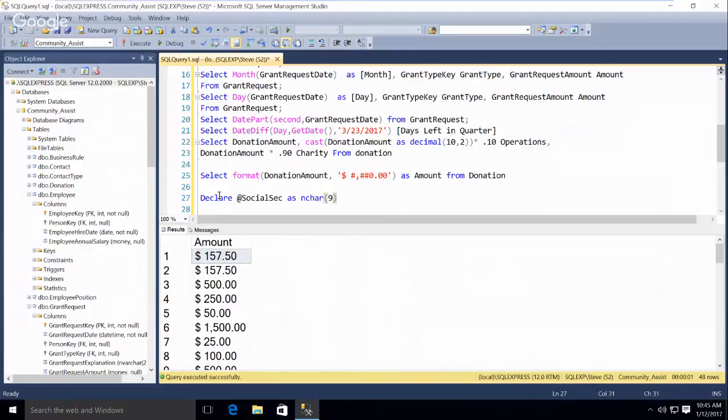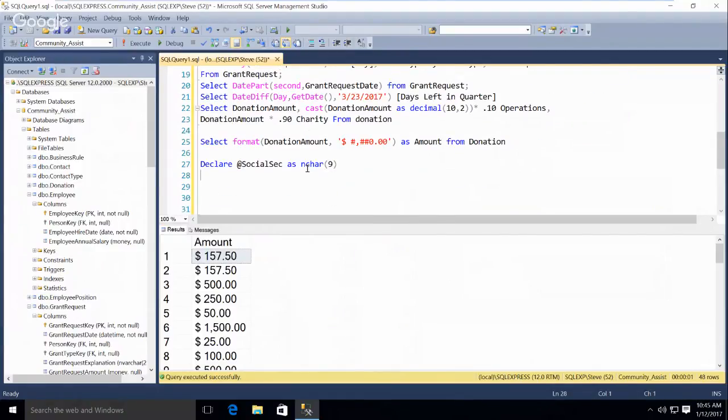Okay, so we've created a variable. I'm going to set this variable, set @ss Social Security equals, oh, I don't know. And then 4 digits, 1, 2, 3, 4.